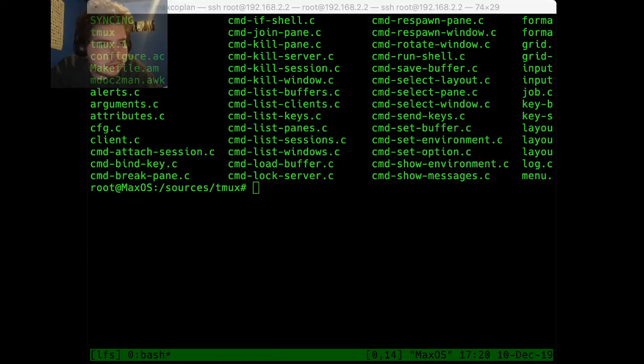There it is. Where did you even put the, like, hang on. Tmux default fix.com. They don't see any, like, slash etc, right?